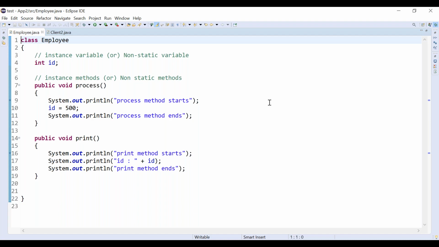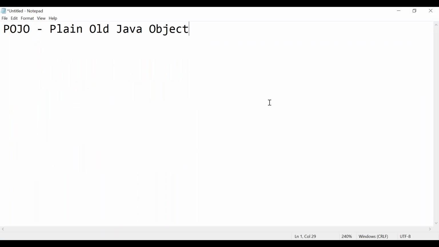Functionality wise, we are dividing it, correct? Employee class has all the properties and methods. Student class also, I can say it is a Pojo class, or you can say user class. All are Pojo classes, correct? Either it can be employee or student or user, all are Pojo classes, right? Because they will be having a set of properties. When we design a class, we will be defining some properties, like for employee: employee ID, name, salary, date of birth, company, all those things.